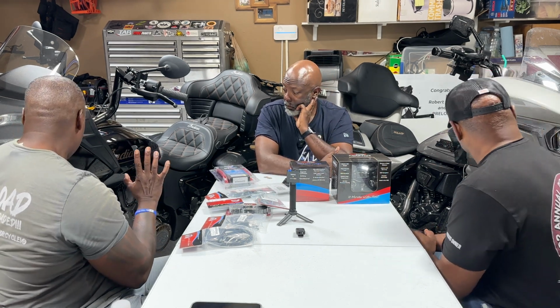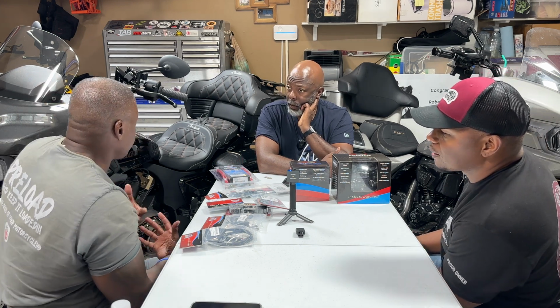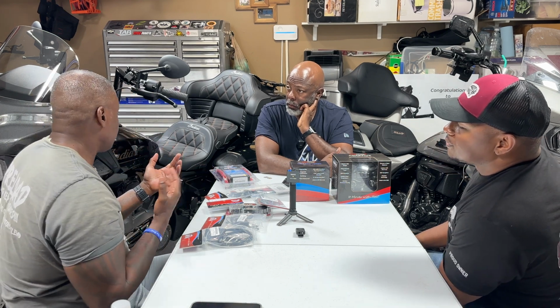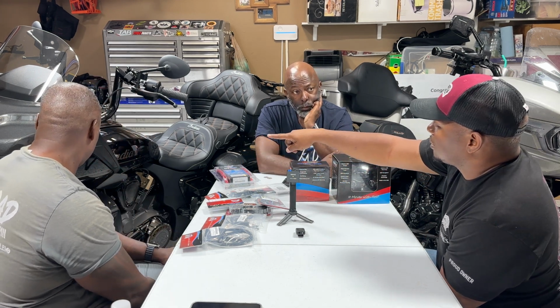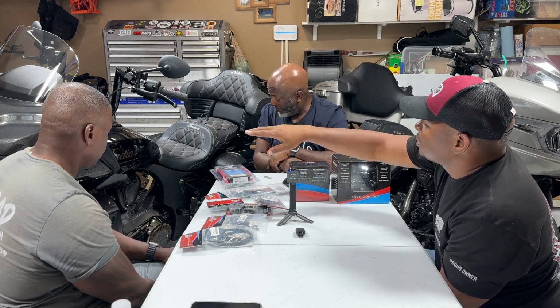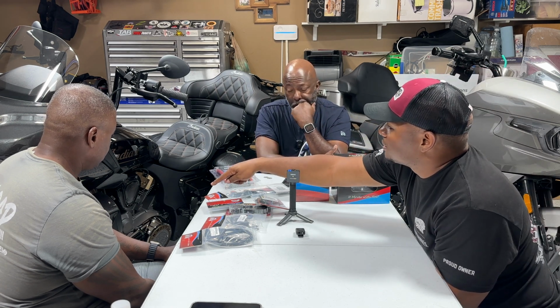But if that's all I need to do to get light here... because in my opinion, if you're not going to do the whole thing Pro Glow, it's a waste. It's dark up here, light here. So I've got light in the front, the engine, and then under the back, under the saddlebags. So I got the whole part of that bike, and I was thinking about adding some inside the lowers, but